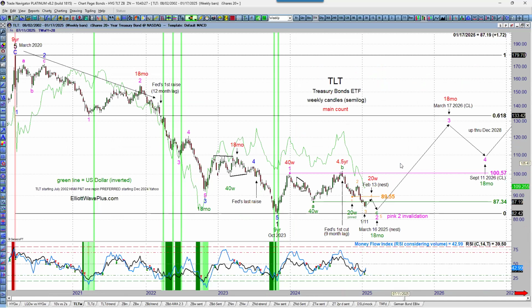Many of the talking head pundits on Propaganda Financial TV think that when bonds bottom, they're going to start moving to the upside. That would mean that interest rates top and start moving to the downside at the same time as bonds are moving up, and that would be a huge positive for the stock market. I couldn't disagree more,